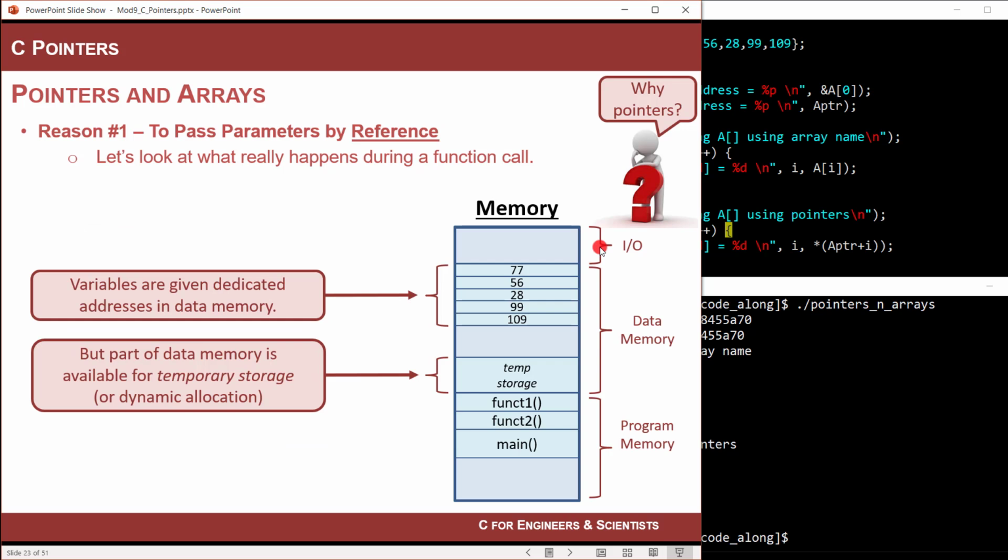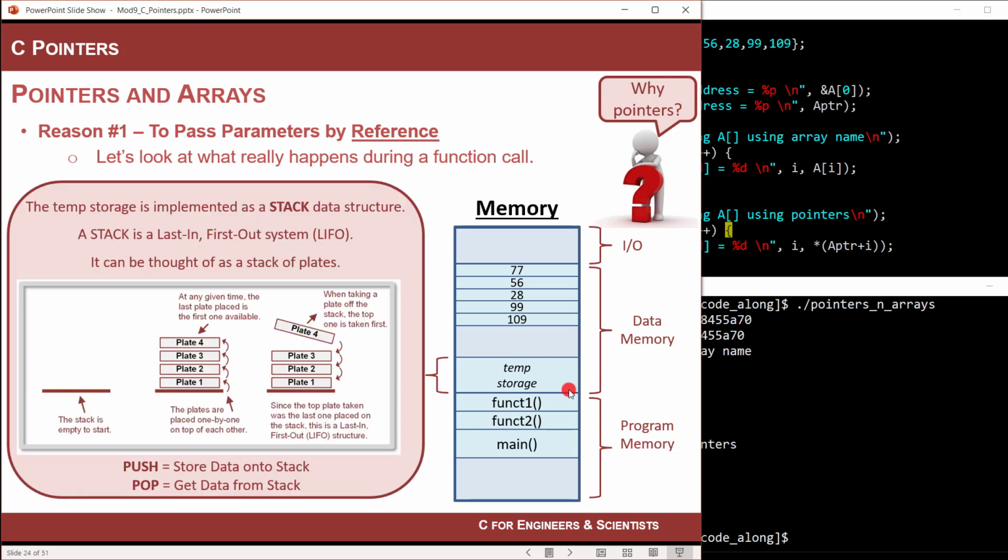If you look deeper into memory, variables are given a dedicated address in memory. So if I look at A, it's basically assigned to these addresses up here. But there's another part of memory that's a temporary storage that's used to dynamically store stuff and then disappear, or destroy it is what they call it. The temporary storage in a computer is implemented as what we call a stack data structure. A stack is a last in, first out system, LIFO,